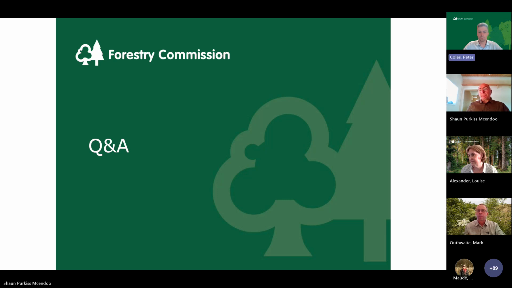And the next one from Rosie. Shaun, I'll come to you, and then maybe Mark, if you want to chip in on this one as well. Do you have any experience or advice for using non-plastic tree guards? Conscious that plastic tree guards can break down, and we're all aware of microplastics and plastic in the environment. So, Shaun, any experience from you, and then Mark, perhaps a comment on that?